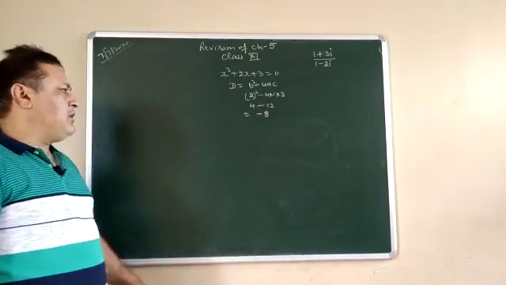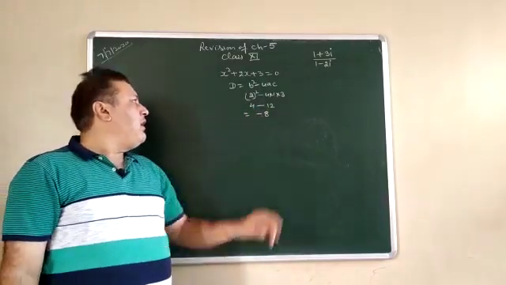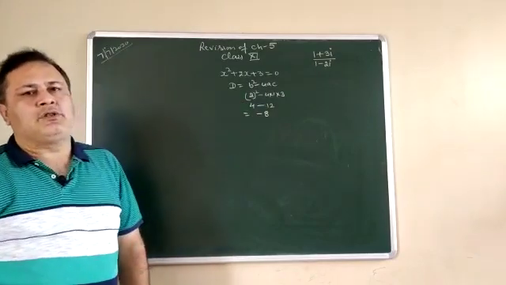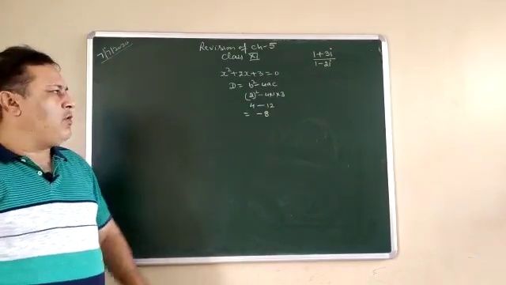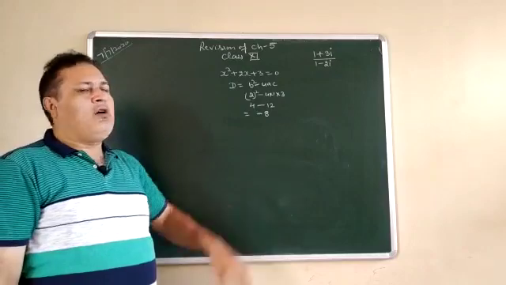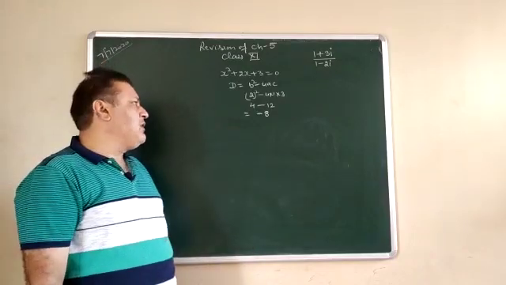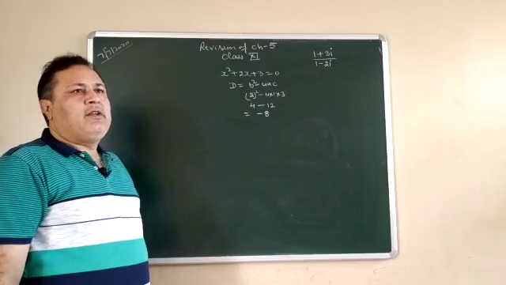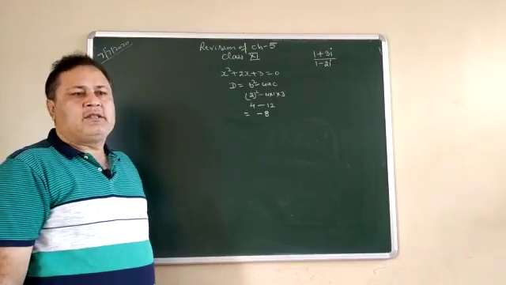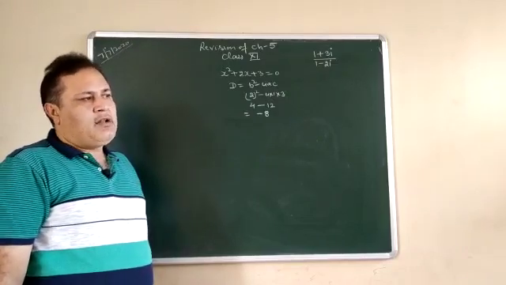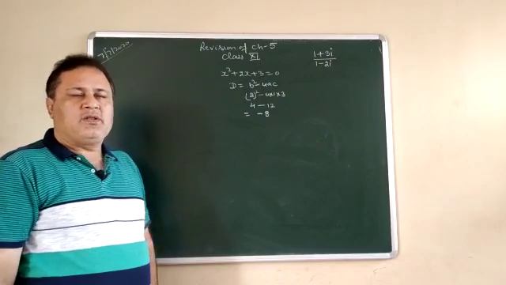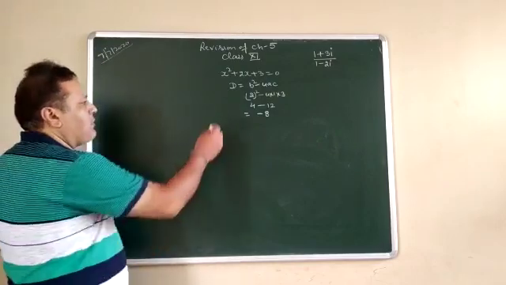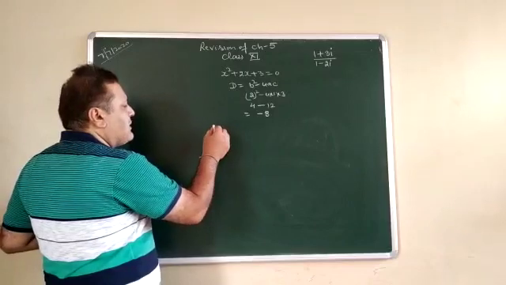Up to class 10th, you always say if D is negative, then roots are not real, and after that you never find out the value of x. But in class 11, when we see the value of D negative, then we can say roots exist, but these roots are not real. These roots are said to be imaginary. Now how can we find the imaginary roots? The method is the same.